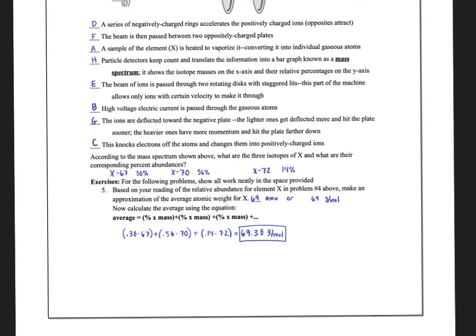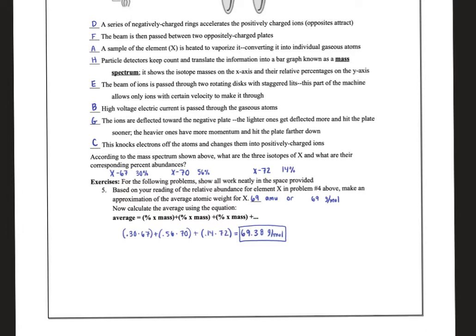Let's now actually calculate it after we took our educated guess. So we are going to use our isotope formula. We take the percent in decimal form, 0.30, times the mass number 67, plus 0.56 times the mass number 70, and then 0.14 for the 14% times the mass number 72. So we multiply, add, multiply, add, multiply, and I got an average atomic mass for this unknown element of 69.38